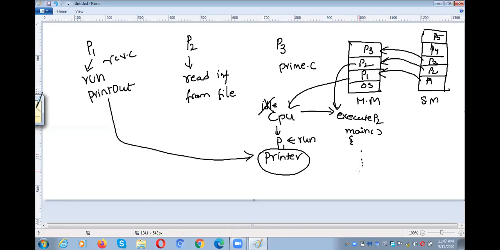These are the statements. CPU is executing the statements one by one. Suddenly there is a read request in the program. Read means IO operation. Where do we need to read from? We need to read from the file. Where is the file available? The file is available in the disk. What is a disk? Disk is a secondary memory. That means we need to read the information from a file which is available in the disk.